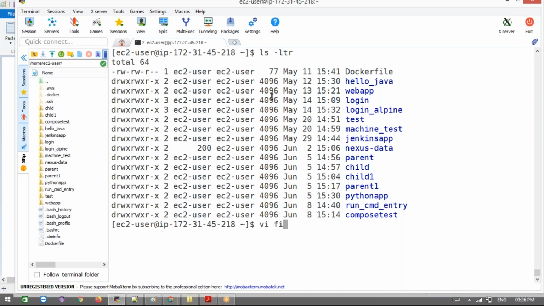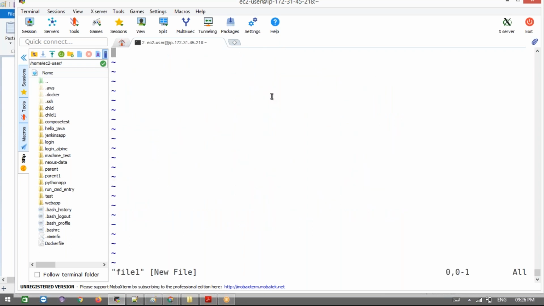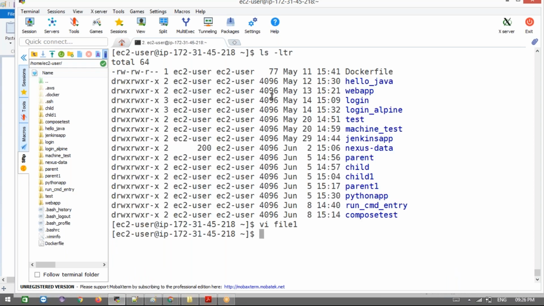Now let's make this here. I'm going to create one file here, file one. Just making file one here. Something I'm going to write in this. One file I created. Then next, let me create the link. I'm going to do the soft link, file one to S file one. I'm going to make a link from this file to file one.